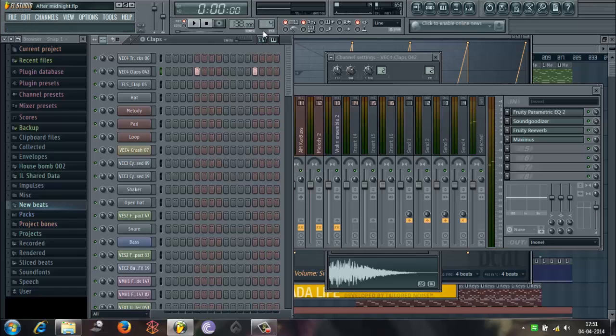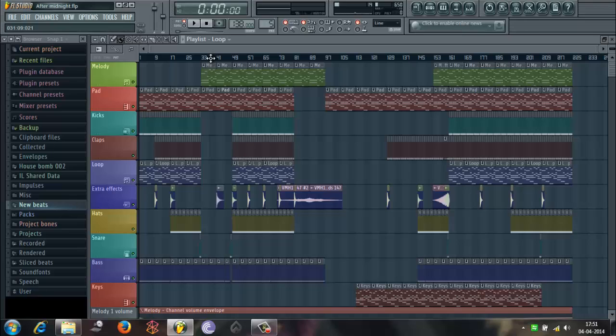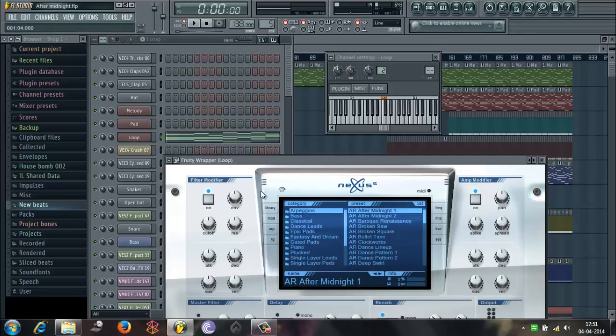Don't worry if the kicks and claps sound very high now, because in the track they actually go according to the melody, and they kind of suit the track. The loop, I used a loop just for basic support to the melody, and because this track doesn't start with the melody, it actually starts with a loop. I wanted a track that doesn't start with a melody, that's why I used a loop. The volume is quite low, so it doesn't become the main melody or the main bass line. You see,